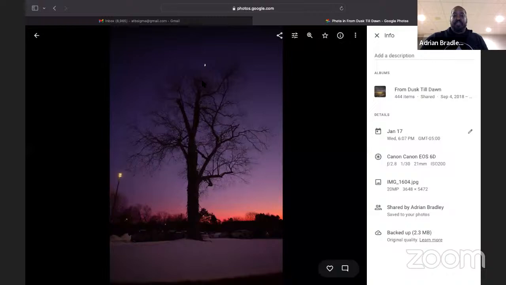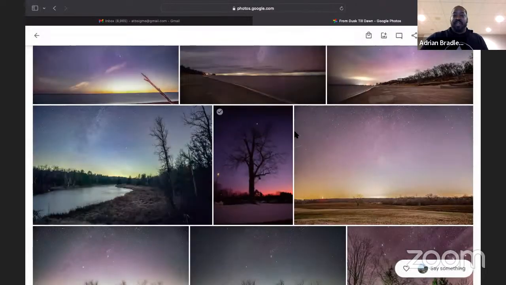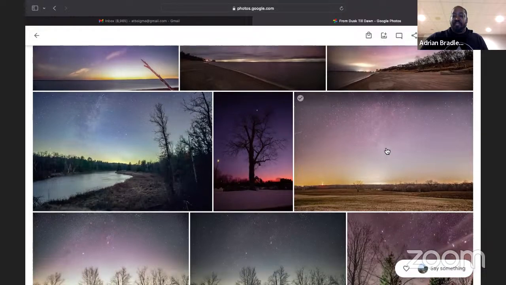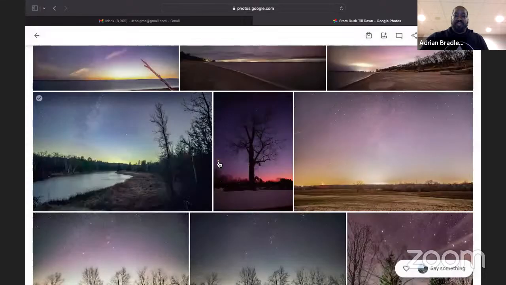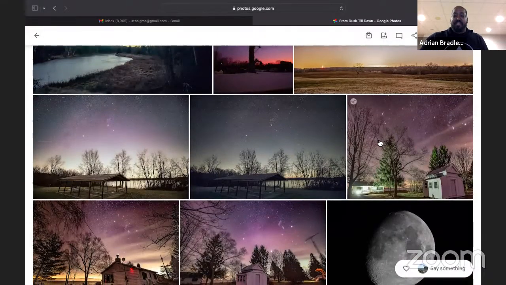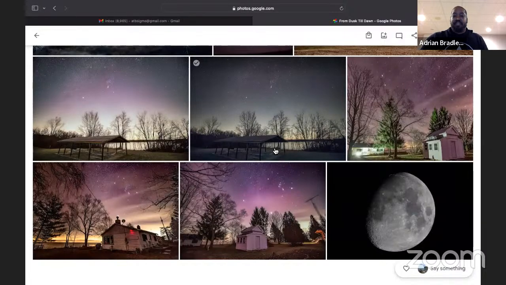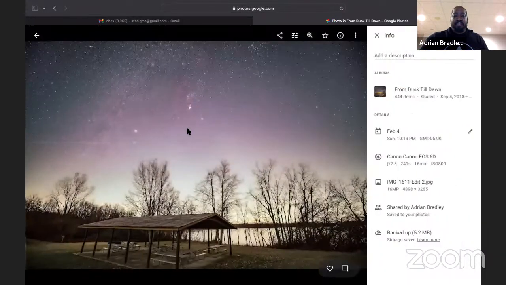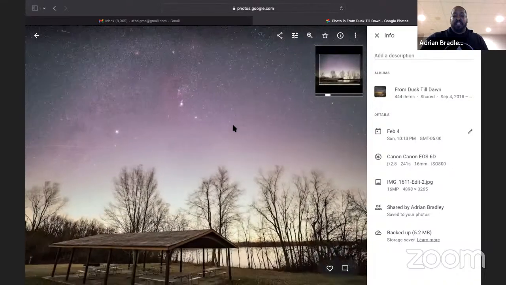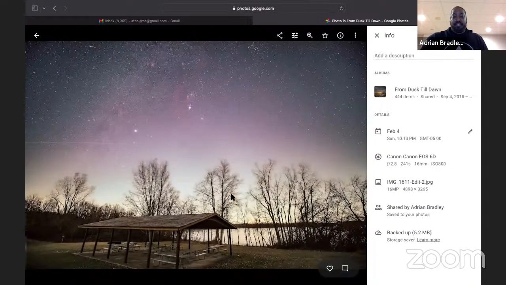I took this picture with my iPhone, and then I think I turned around and took pictures with my regular camera because I thought it was a beautiful color of sky and a chance to take the picture. Light pollution was really bright, but I still got a little bit of Milky Way over this oak tree. So there are a lot of opportunities to just say, don't take a picture. But for me, the opportunity to be out under the night sky,